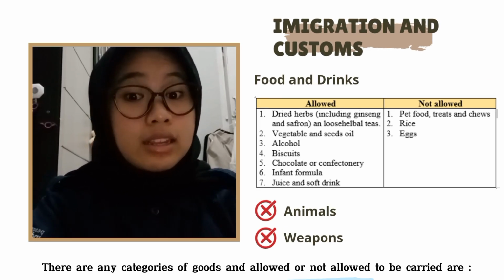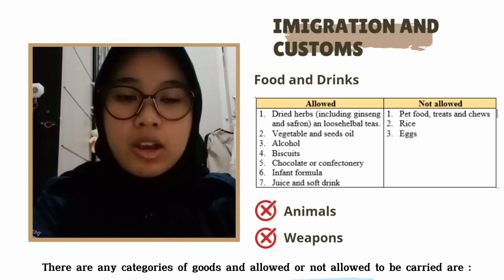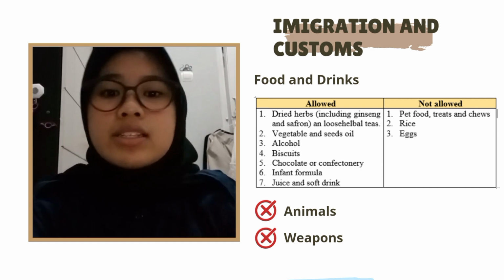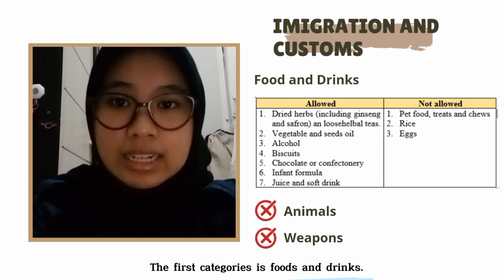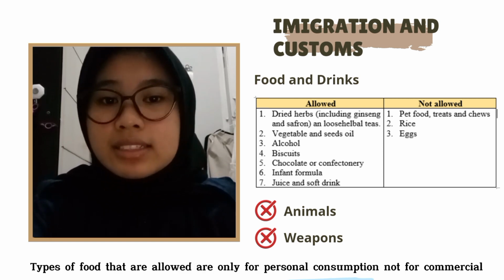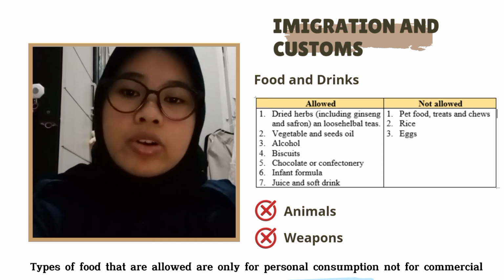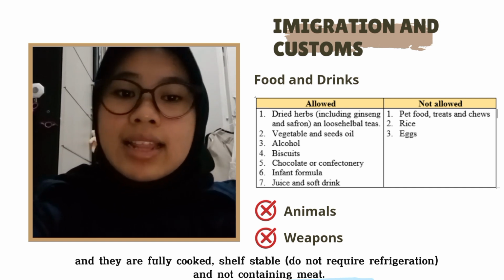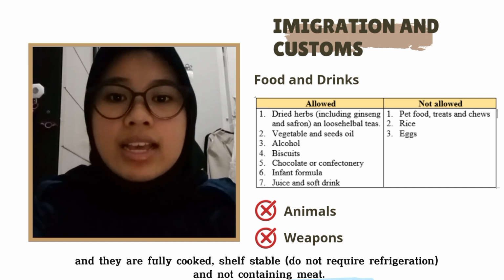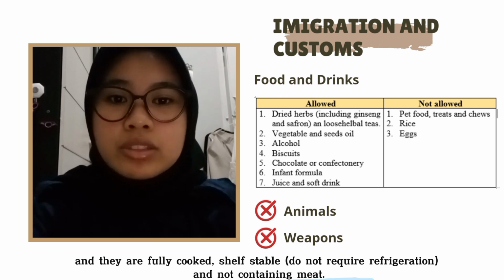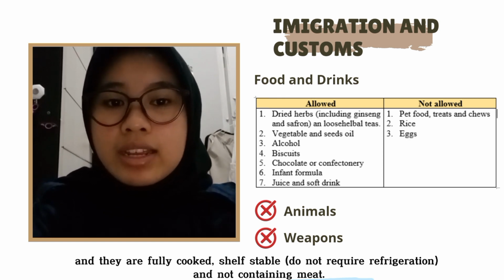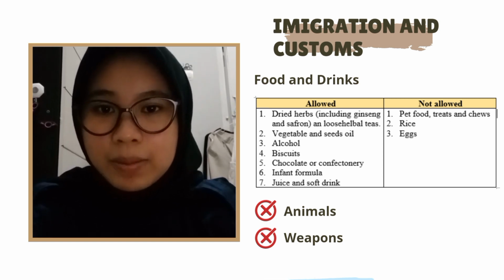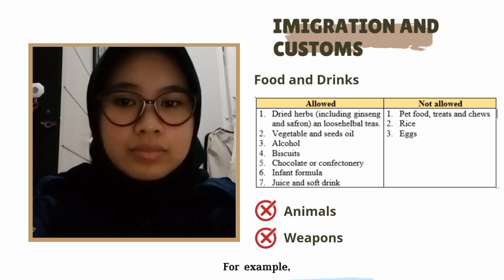The categories of goods allowed or not allowed to be carried are: the first category is food and drinks. Types of food that are allowed are only for personal consumption, not for commercial use, and they are fully cooked, shelf-stable, or do not require refrigeration and do not contain meat. For example,